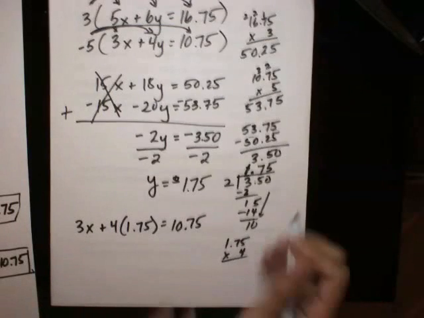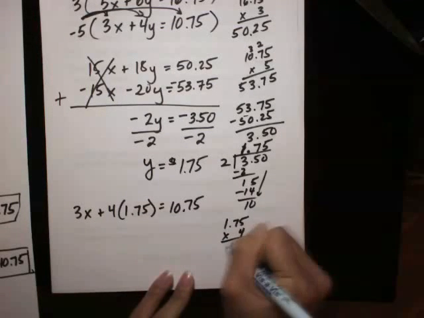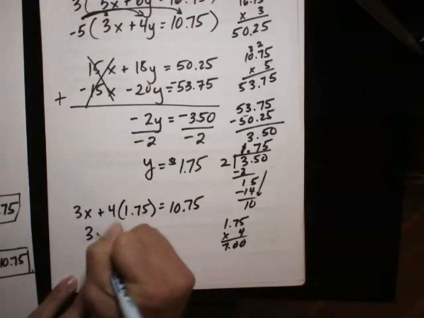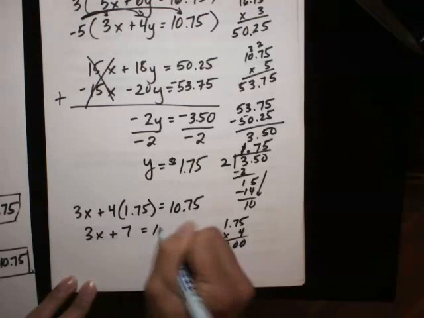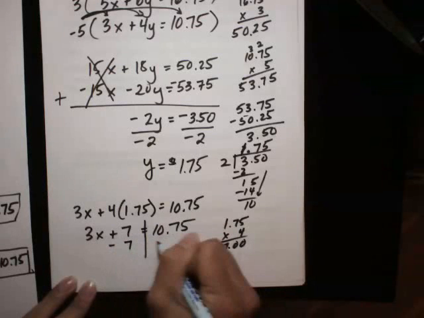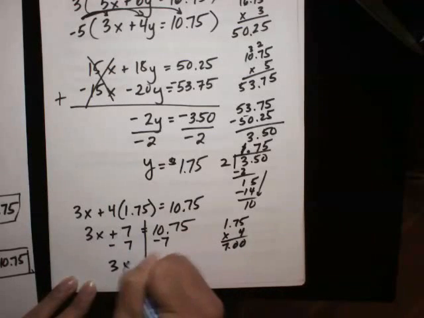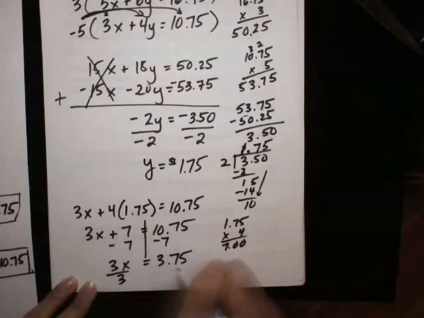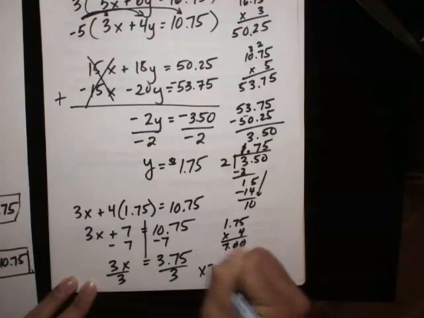Multiplying this out, I will get $7. So 3x plus 7 equals 1075. And to solve for x, I will subtract 7 on both sides. 3x will be equal to 375. And dividing by 3, x will be equal to,